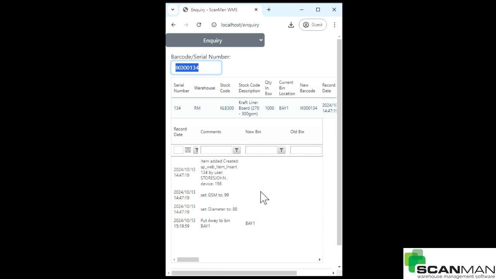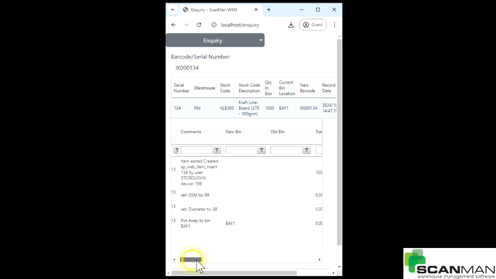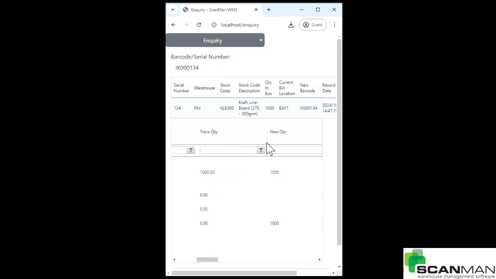So the new bin is bay 1, the old bin was blank because it was just captured in the system with no bin. Here, if any quantities change, you'll see the transaction quantity. So the 1000 units was created, the new quantity is 1000. Scroll across, the old quantity was 0, so it went from 0 to 1000. It's a transaction quantity of 1000. Here the old quantity was 1000 and the new quantity was also 1000, so no transaction quantity, it was simply